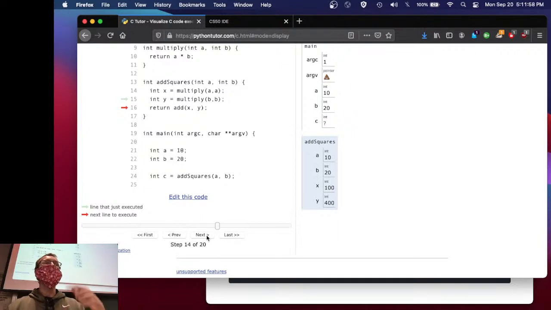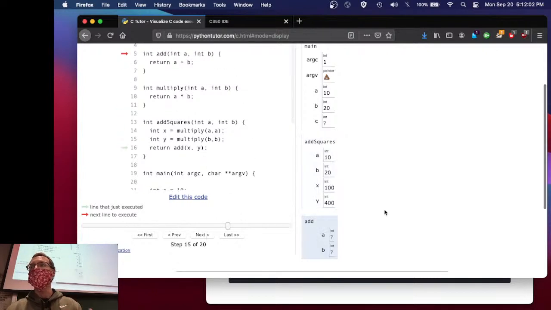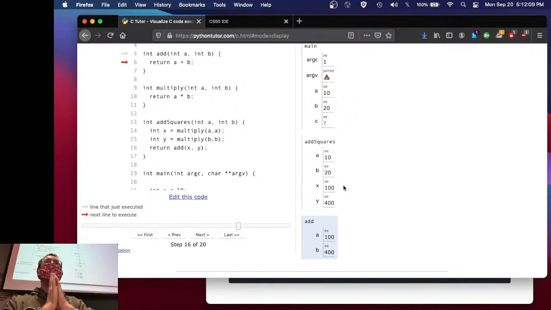I'm going to call now add. I'm passing in 100 and 400. And you'll see here again that they're A and B, but they're completely different A's and B's. Hopefully I drive home the point absolutely that these are different variables when I point out that one is called X and one is called Y. They're in completely different contexts. They're in completely different stack frames, completely different scopes. When this one gets done adding them together, 500 is returned,